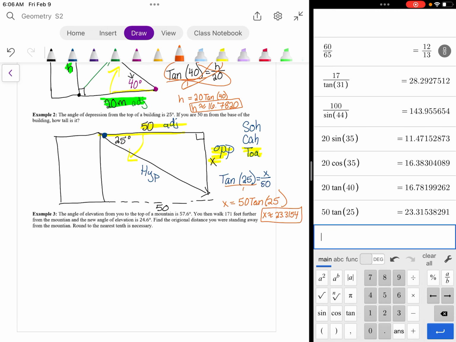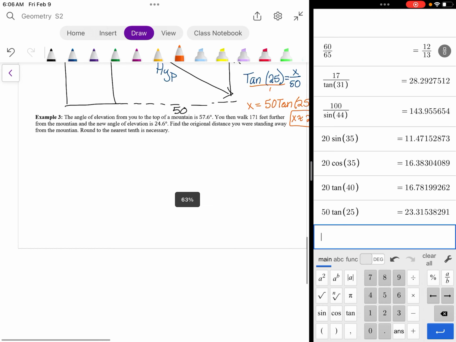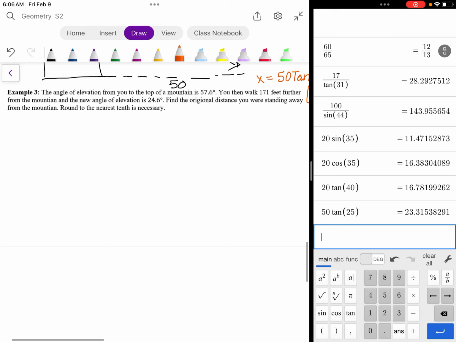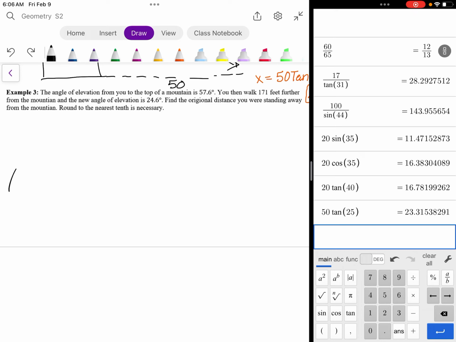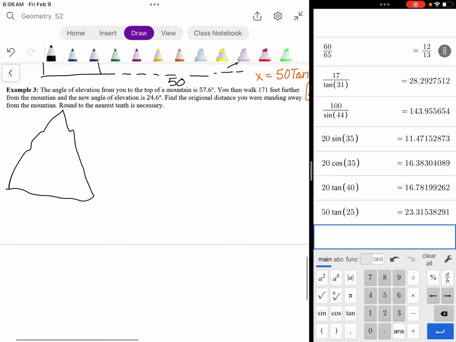All right, example 3. This one is a little bit of a longer problem, so make sure you pay close attention when you are drawing your picture. This one tells us the angle of elevation from you to the top of the mountain is 57.6 degrees. So if we draw, oh, that's a tree. Here's our mountain. And if we have the angle of elevation to the top,